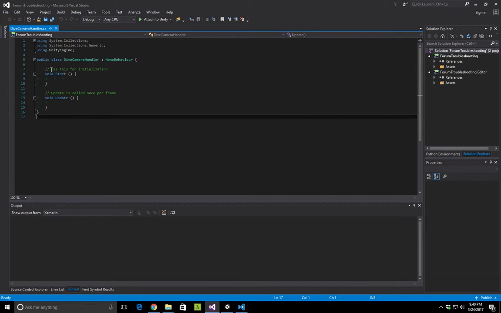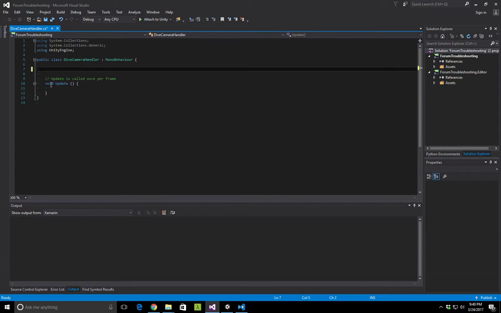So we've got this nice empty script. I'm not going to be using start for initialization of anything. We're either going to assign it in the inspector, or it's not going to be there. So the first thing that we're going to want here is I'm going to set up all of our public and private fields. The first thing that we need is going to be a reference to that animator. So we'll take our cam animator,